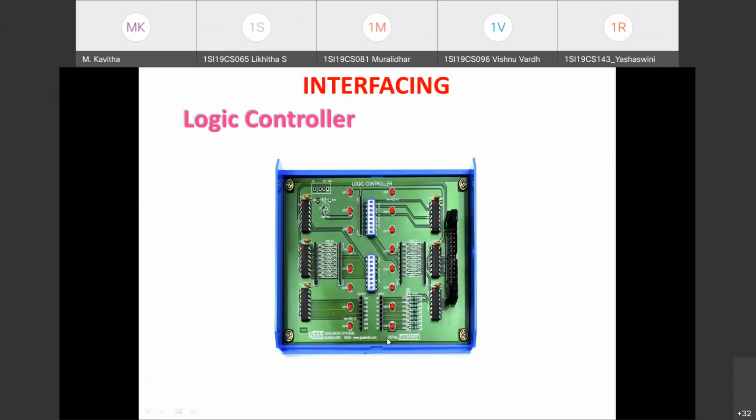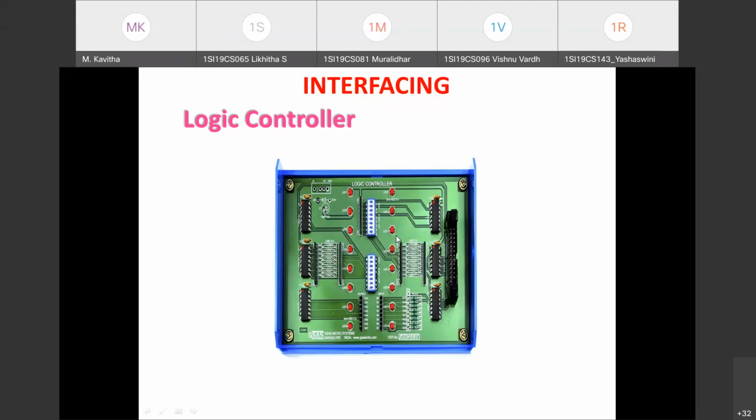So this is the component you're using, but actually it is from ESA company. The components are purchased. From this logic controller component, we can read the input as well as display the output onto the logic controller. It contains LEDs. These two pairs, a set of 8 LEDs each, indicate the status of the input and output. What input you have set in the logic controller, that status you can see in the input LEDs. Similarly, whatever output you are sending to the logic controller, that status you can see on the output LEDs.